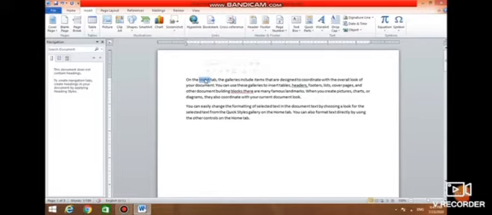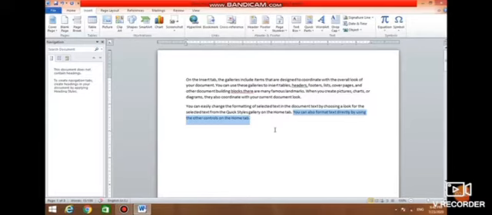First, we can select with the help of the mouse. To select a single word, double click on the word. To select a line, click in front of the line, keeping the pointer in the left margin. The whole line will be selected. A paragraph: click the left mouse button thrice anywhere in the paragraph. The complete paragraph is selected here. A sentence: click the left mouse button on the sentence while holding the Control key. Means hold down the Control key and press the left mouse button. The complete sentence is selected here, we can see.